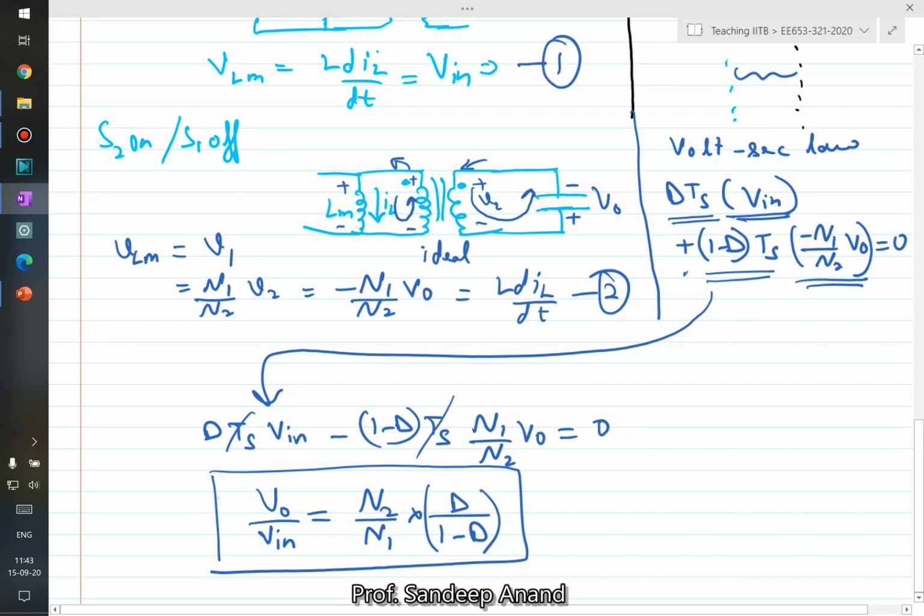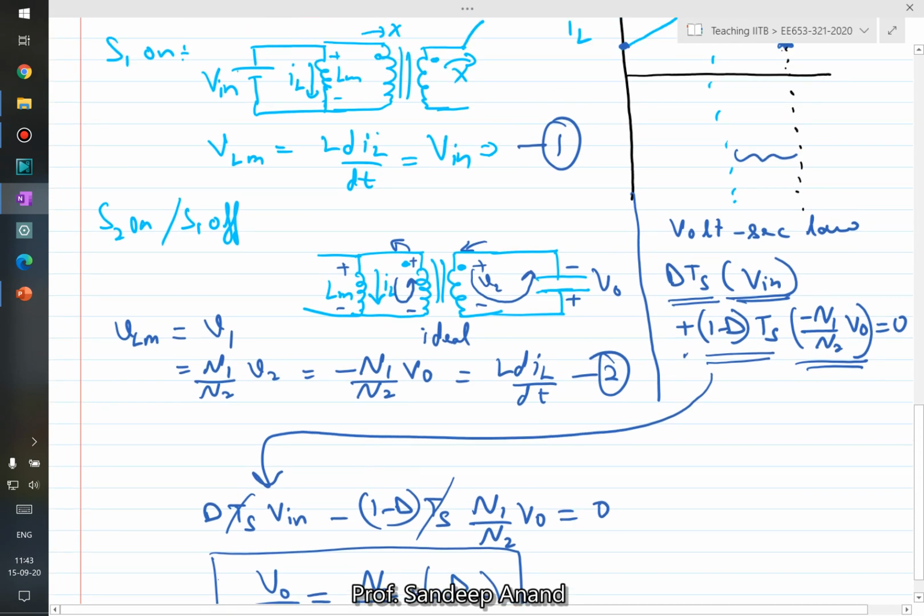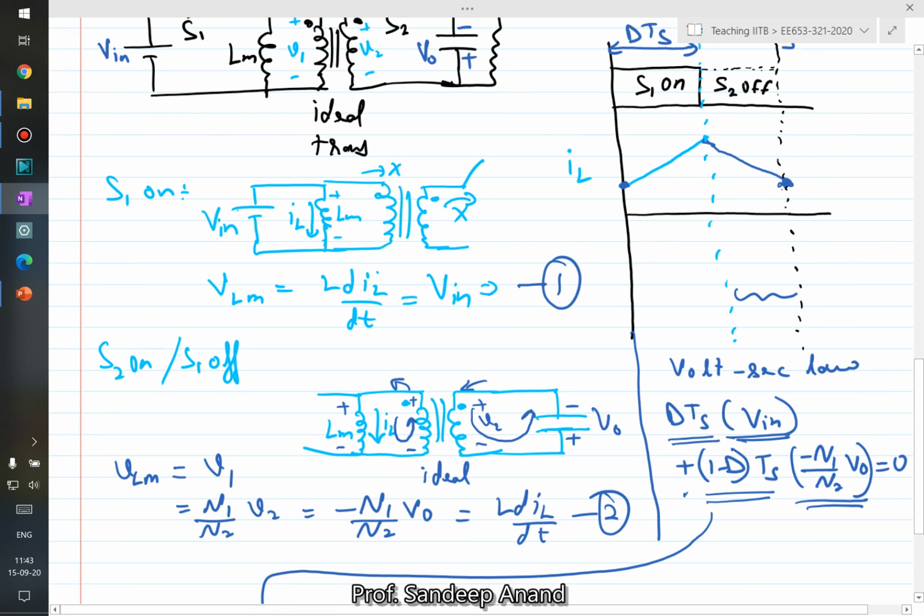Let me point out one important thing here: I assume that my inductor current starts from a non-zero value. Therefore, I am assuming that my circuit is operating in continuous conduction mode. It is possible to operate the circuit in discontinuous conduction mode also. We would not probably do it in this video, but you can think yourself how this circuit would behave as the load continues to reduce. Load resistance would increase, and the circuit would slowly move towards discontinuous conduction mode.